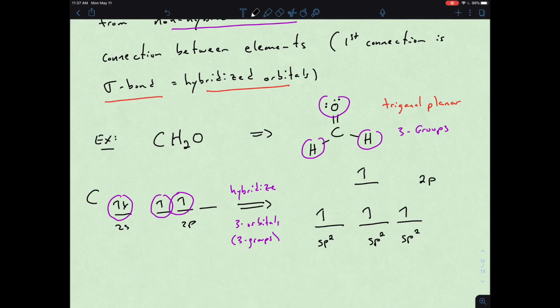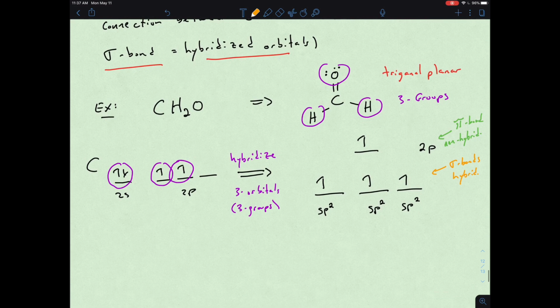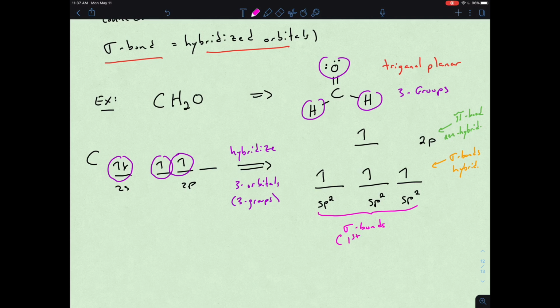electrons now, singularly populated. So the top here with our 2p, that's where our pi bond is going to come from, right? That's the non-hybridized orbital. And then here is where our sigma bonds are coming from. These are the hybrid orbitals. So here is where our sigma bonds come from. Again, that's our first